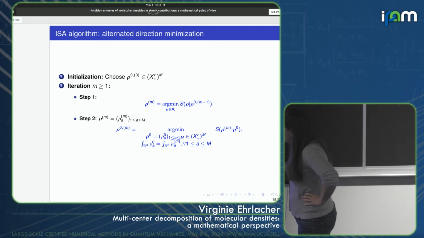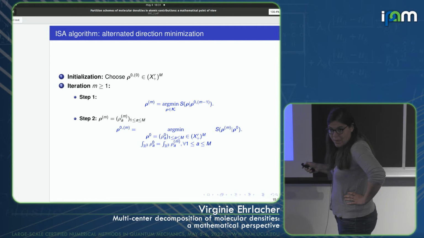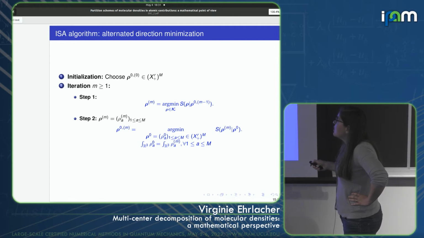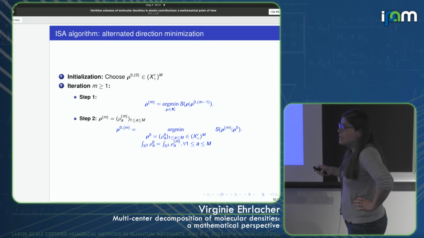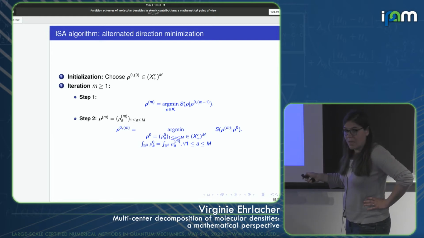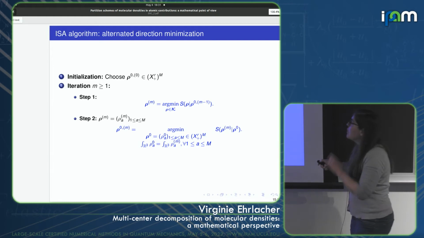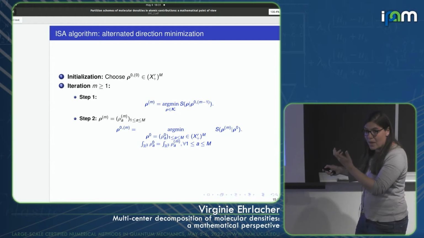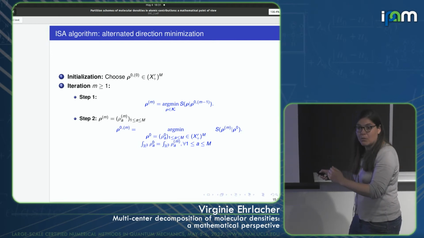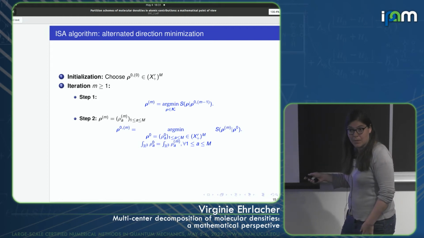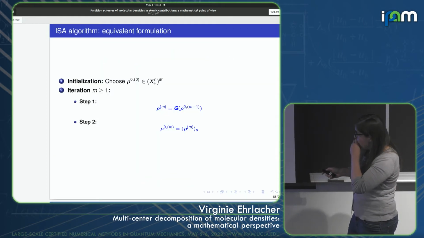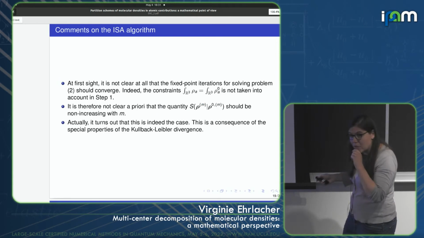Where, see here, in the set where I choose these local atomic densities, I'm not imposing the constraint that the charge of these local atomic densities should be equal to the radially symmetric set of functions that appear here, rho 0 and minus 1. It only appears in step 2 of the algorithm. So in particular, it is not obvious, for instance, that the entropy functional should be a non-increasing quantity as the iteration of these fixed point algorithms increase. Okay? But actually, it turns out to be the case